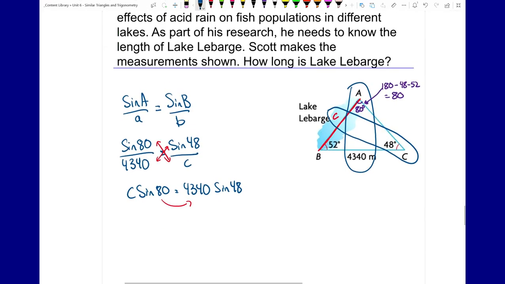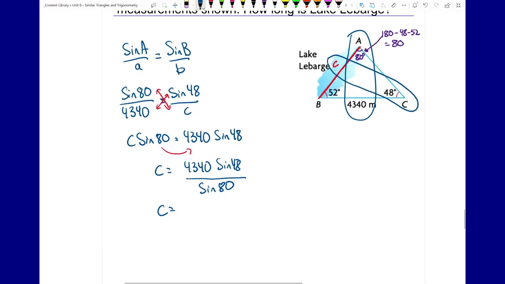It becomes division. c equals 4,340 times sine 48 divided by sine 80. Again, I'll simplify this piece by piece. So 4,340 times sine 48, we get